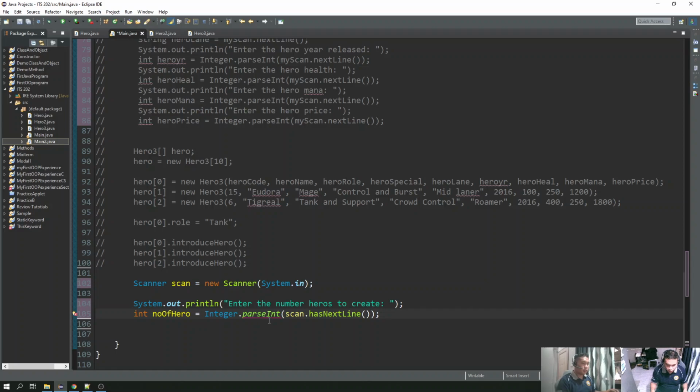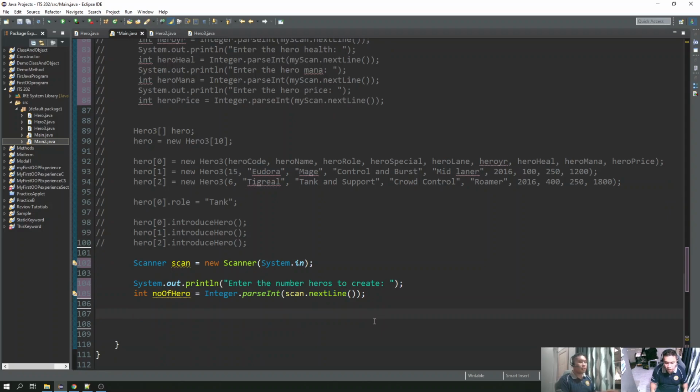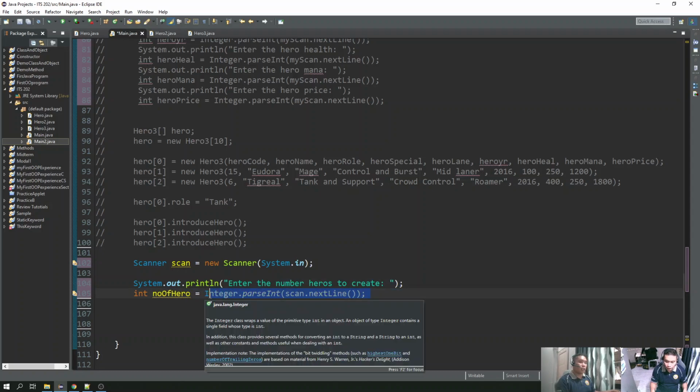Okay, hasNextLine is a boolean. Remember, it is nextLine. That is my fault. So once you have entered how many heroes to create,